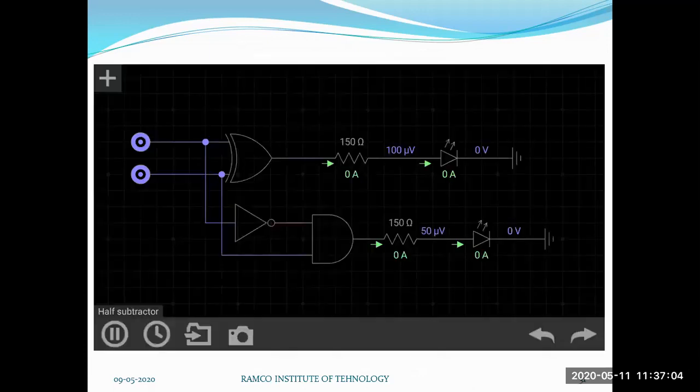So this half subtractor can be implemented using a virtual circuit. So here you can see the half subtractor is constructed with the help of an XOR gate, NOT gate, and AND gate. So you have two current limiting resistors and two LEDs and two grounds. So now the half subtractor is at 0, 0 logic.